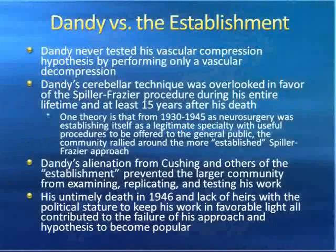So Dr. Dandy never tested his hypothesis regarding compression of the trigeminal nerve root. The way to test that would have been that if he noted a vessel compressing the nerve root, he would just decompress it and close and see if the pain was relieved. Instead, he would always section the nerve root. And over time, his cerebellar technique itself really fell out of favor, despite the fact that it had fewer complications